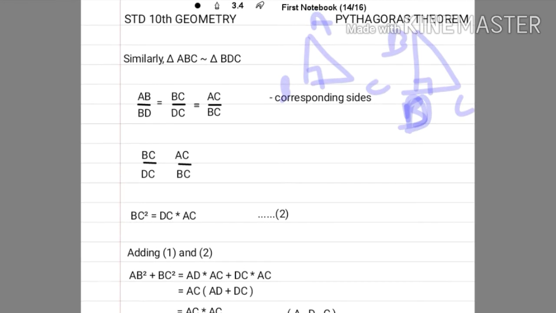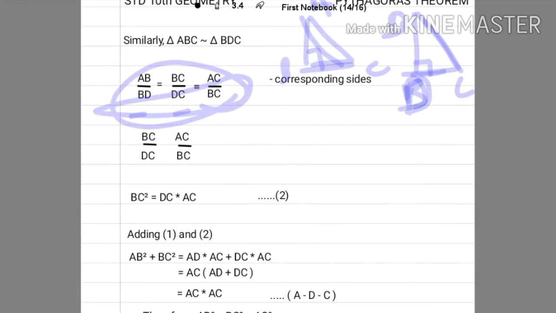If we take the ratio of the corresponding sides, we will get AB upon BD is equal to BC upon DC is equal to AC upon BC. This is what we get, this full ratio. Next thing we will equate here. Wait, this equal to sign is not there. If we equate the